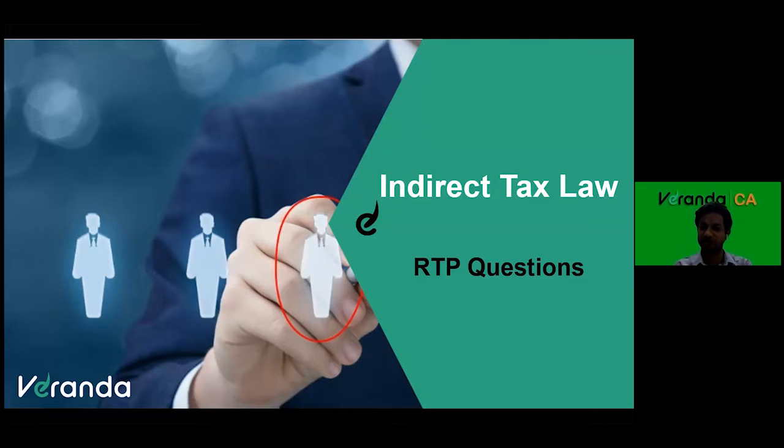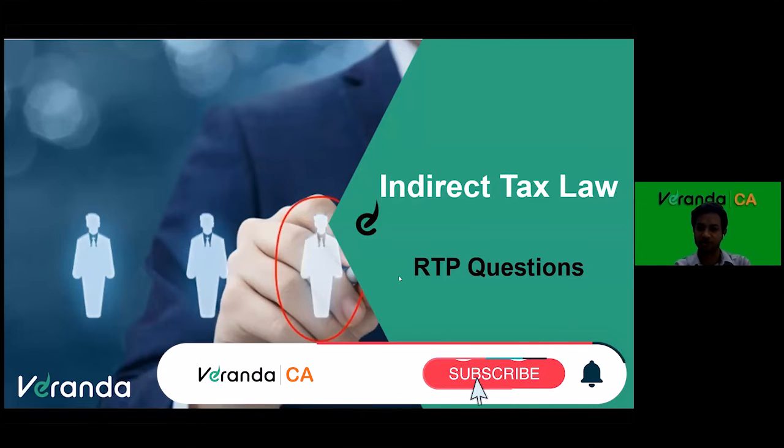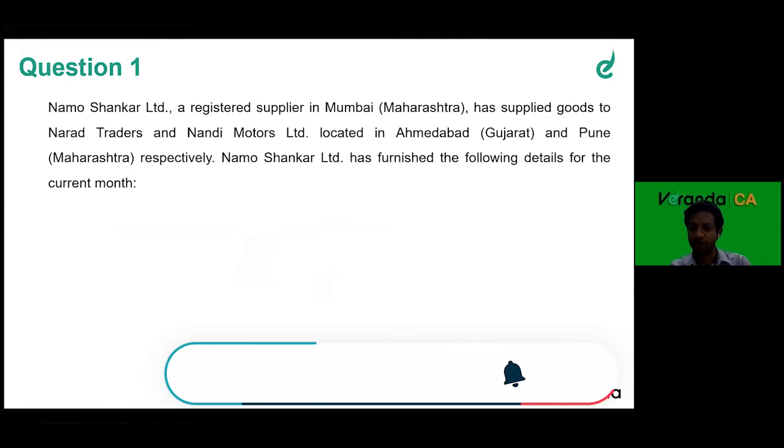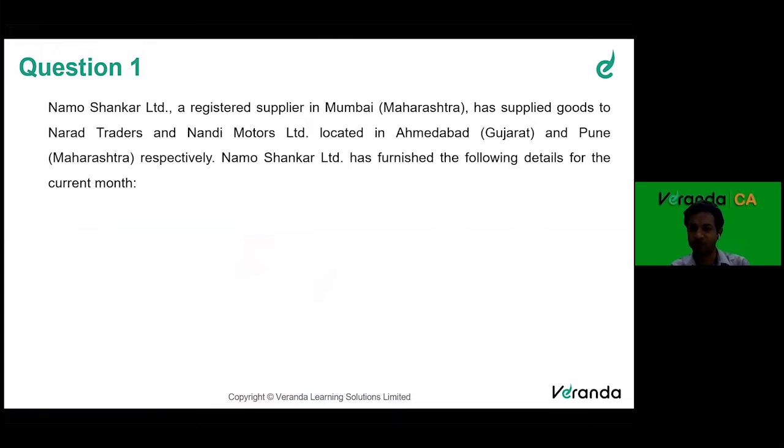So we are continuing with a session on the indirect tax portion of the subject for CA Inter. Let's start with the questions. We'll keep the same modality like we discussed last time. First, I'll go to the question. You share your views. We'll discuss the provisions, and then we'll see how the provisions are made applicable to the question. Right. So the first question: